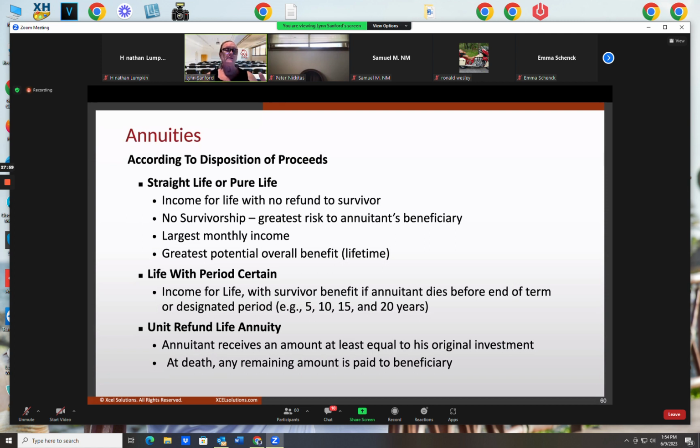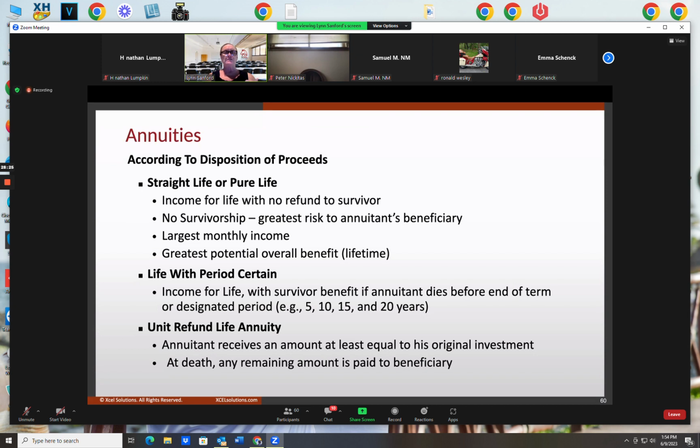Now, when I do decide that annuitization is going to be the best route for me, because maybe I'm at retirement, maybe I've been in retirement for a number of years and now I want a nice, steady income stream coming into my household with a set amount of dollars to help me subsidize the rest of my retirement years, then that's when I might choose to annuitize my annuity. And I have 6 different ways to choose to have it paid out to me. The first way is to choose a straight life payout.